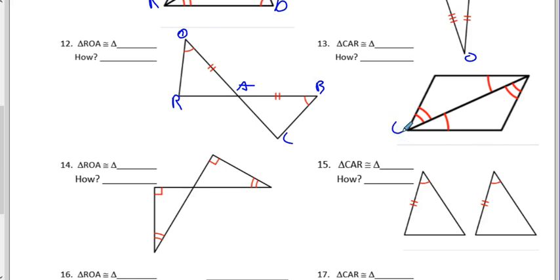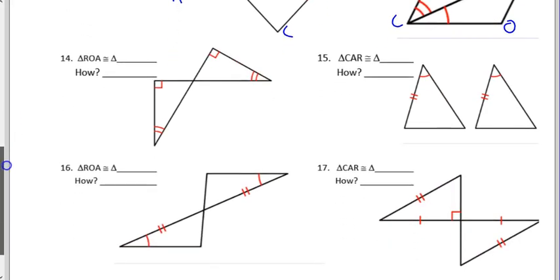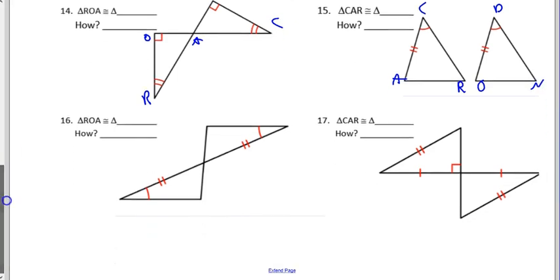And here we're going to put C, A, R, O. Here we're going to put R, O, A, B, C. C, A, R, D, O, N. A, R, O, M, G. And C, A, R, U, N. That will make it a little bit easier. Now let's resume